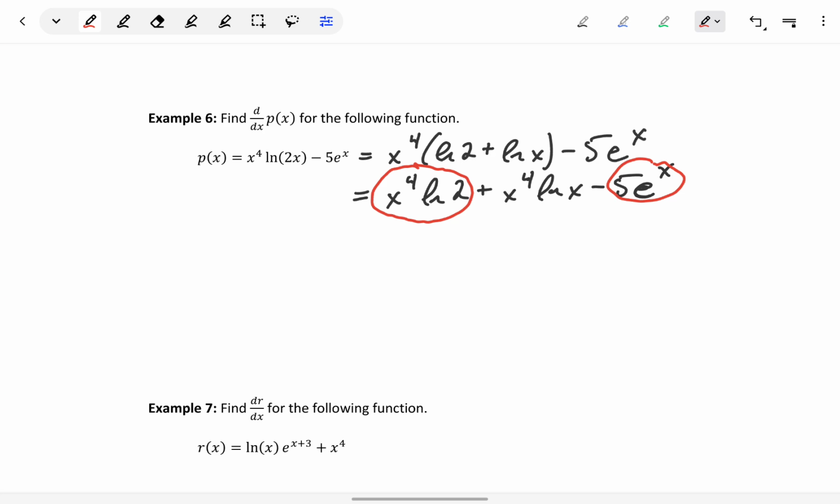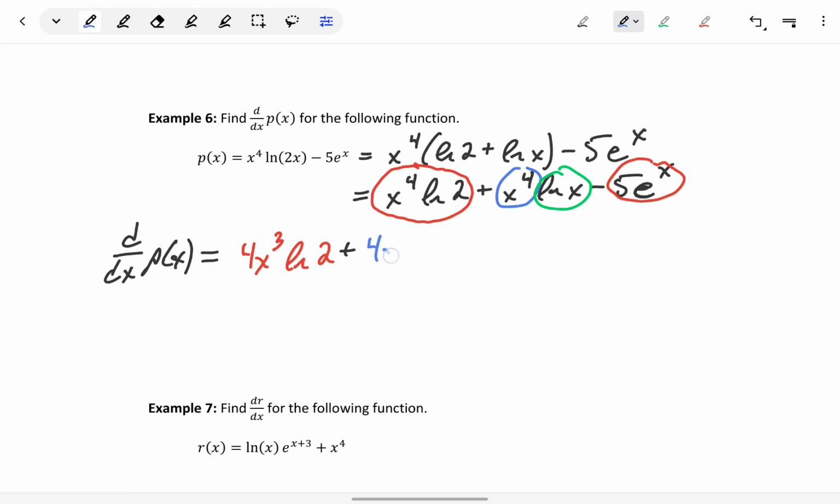5 e to the x at the end is a simple derivative step, but in the middle we have the product of two functions. So in order to find d over dx of p of x, we'll have to apply the product rule to that middle term. But first we'll take the derivative of x to the 4th, which will be 4x cubed times the natural log of 2 plus 4x cubed times the natural log of x